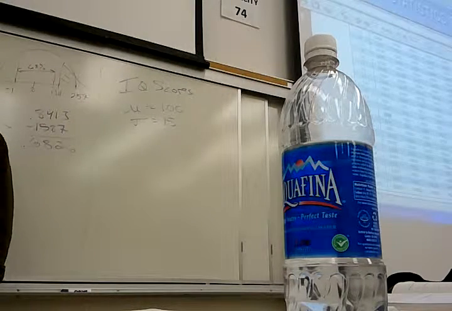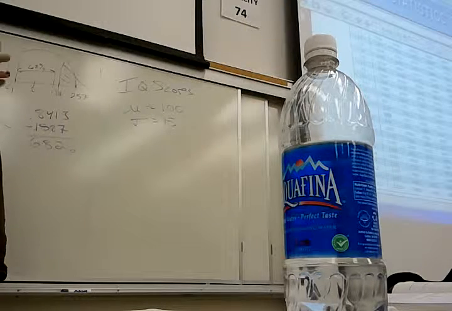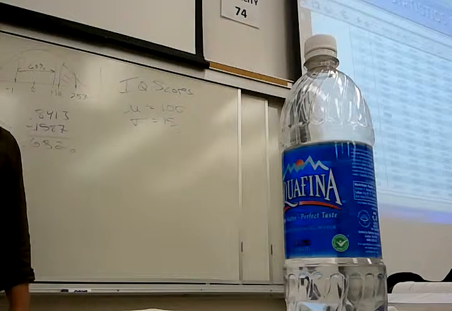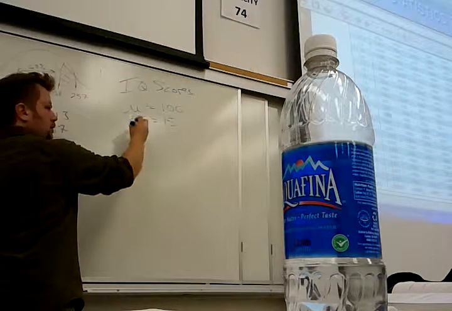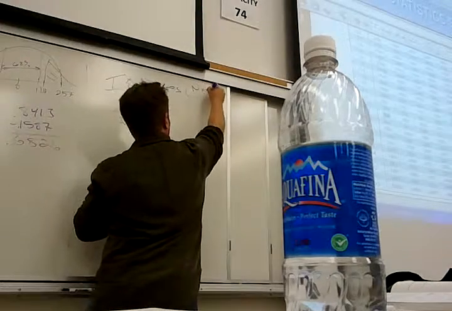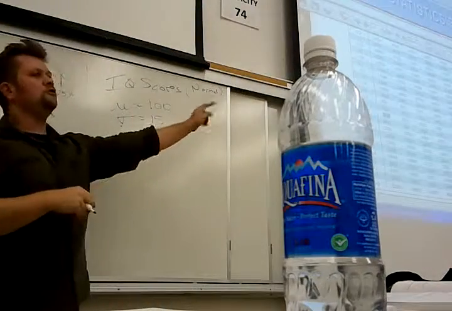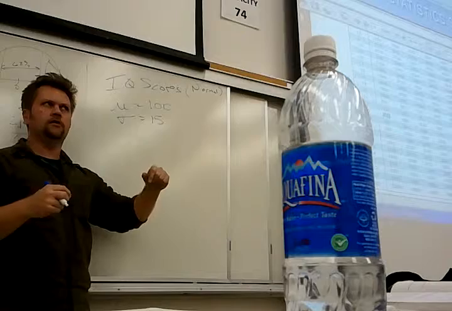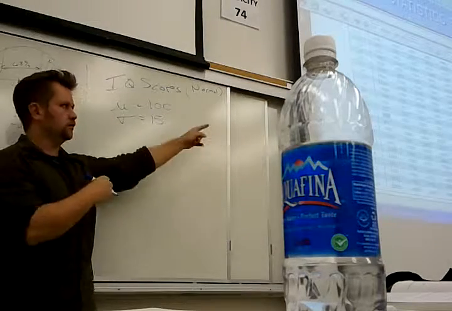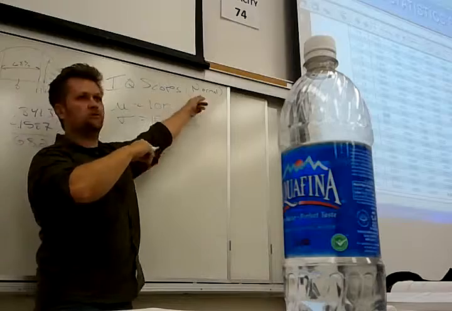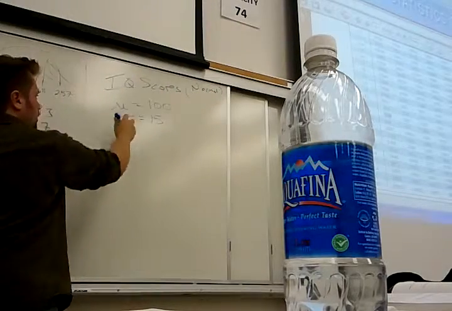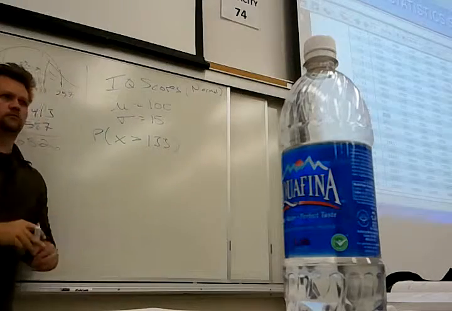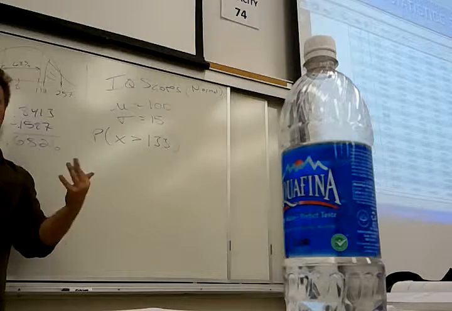Membership in something called Mensa. Have you guys ever heard of Mensa? Membership in Mensa requires greater than 133, I think, from what I can remember. So these are normally distributed, and I couldn't even use this chart if it wasn't normal. A big chunk of this class is about when something is normal enough to use the chart. Right now they're going to have to tell me it's normal. So this we know is normal. I want to know the probability that somebody has higher than a 133 IQ, to see what percentage of people